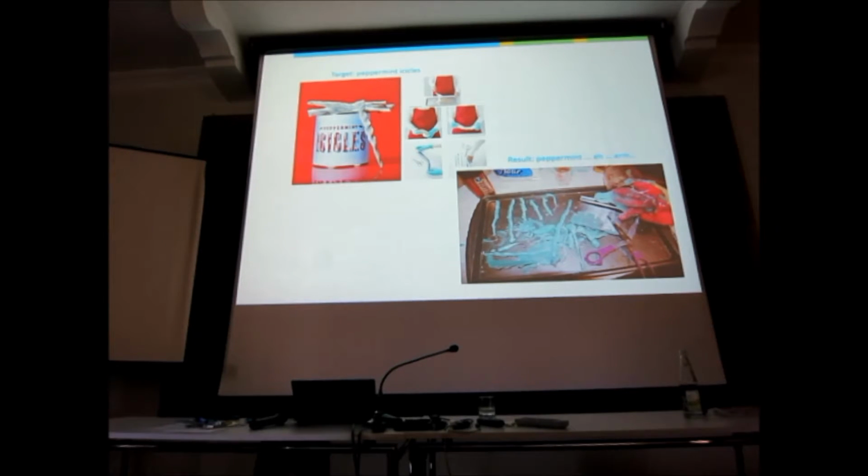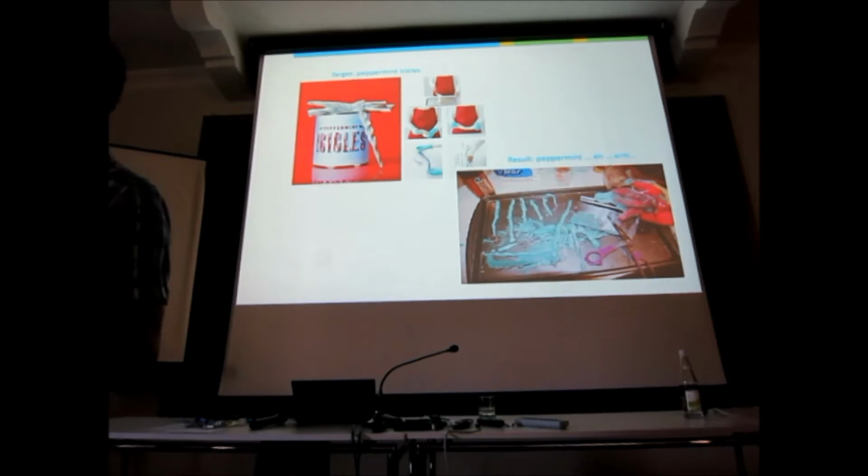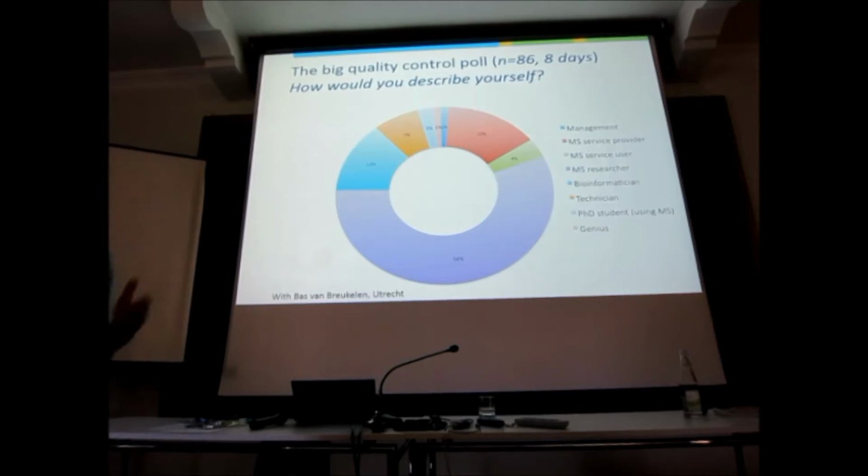So, the question now is, when you set out to do a proteomics experiment, this is your target. Do you know whether you ended up with this? It's a very important question to ask yourself, right? So in a lot of analytical fields, quality control is implicit, to the point that in analytical chemistry, which is